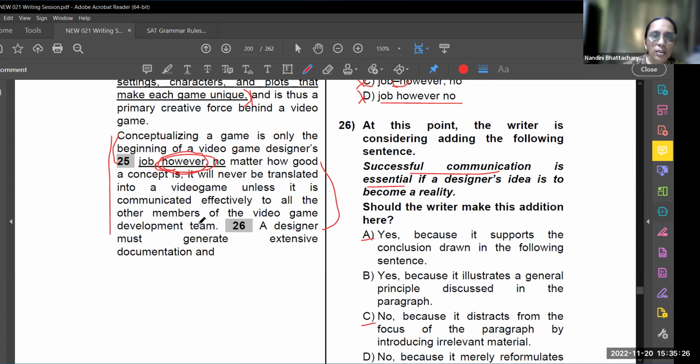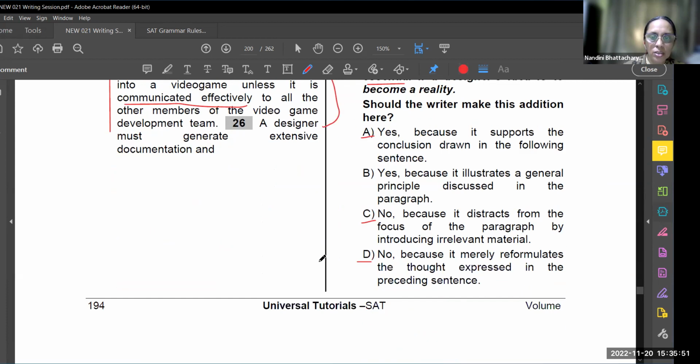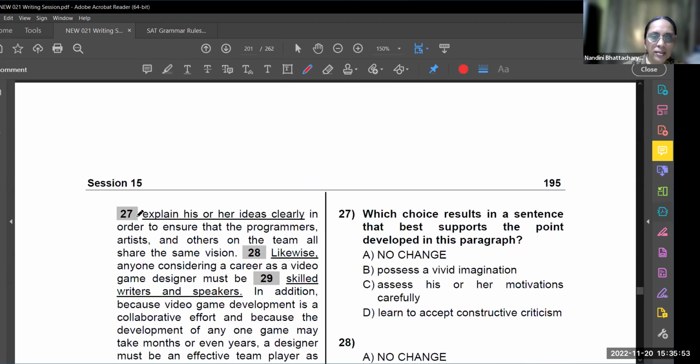The sentence before is: conceptualizing a game is a beginning, and no matter how good a concept is, it will never be translated into a video game unless it is communicated effectively to all the other members of the video game development team. Next is: a designer must generate extensive documentation and explain his or